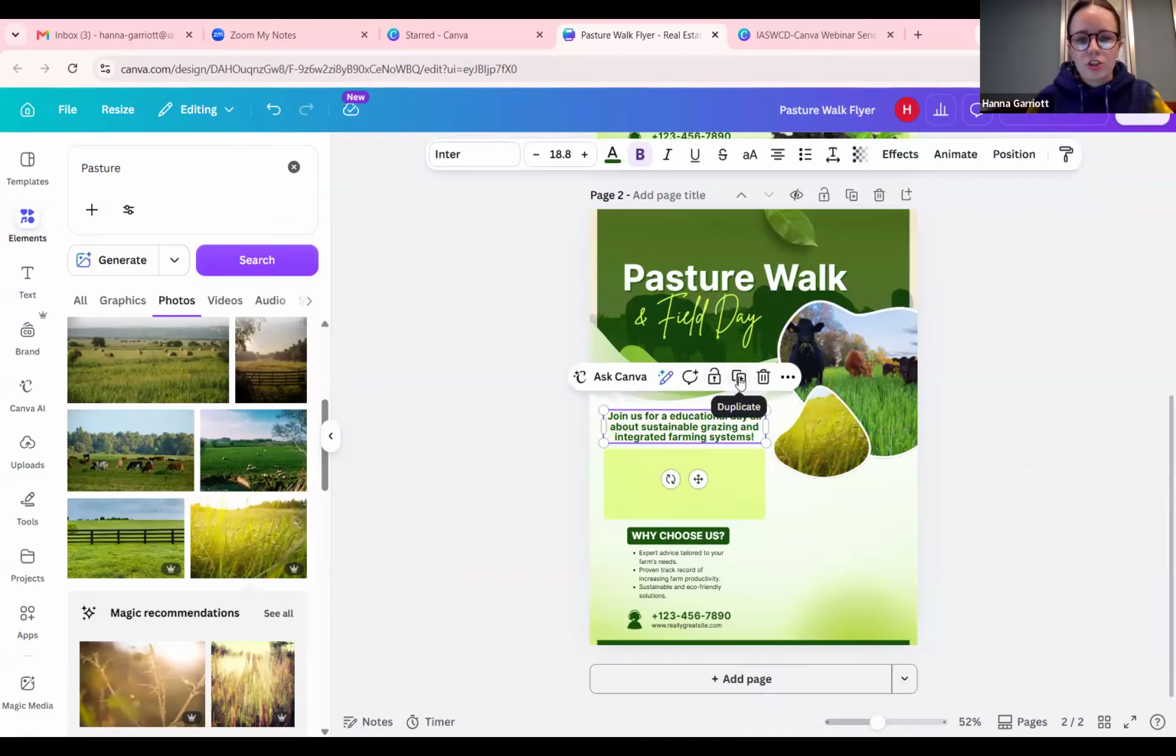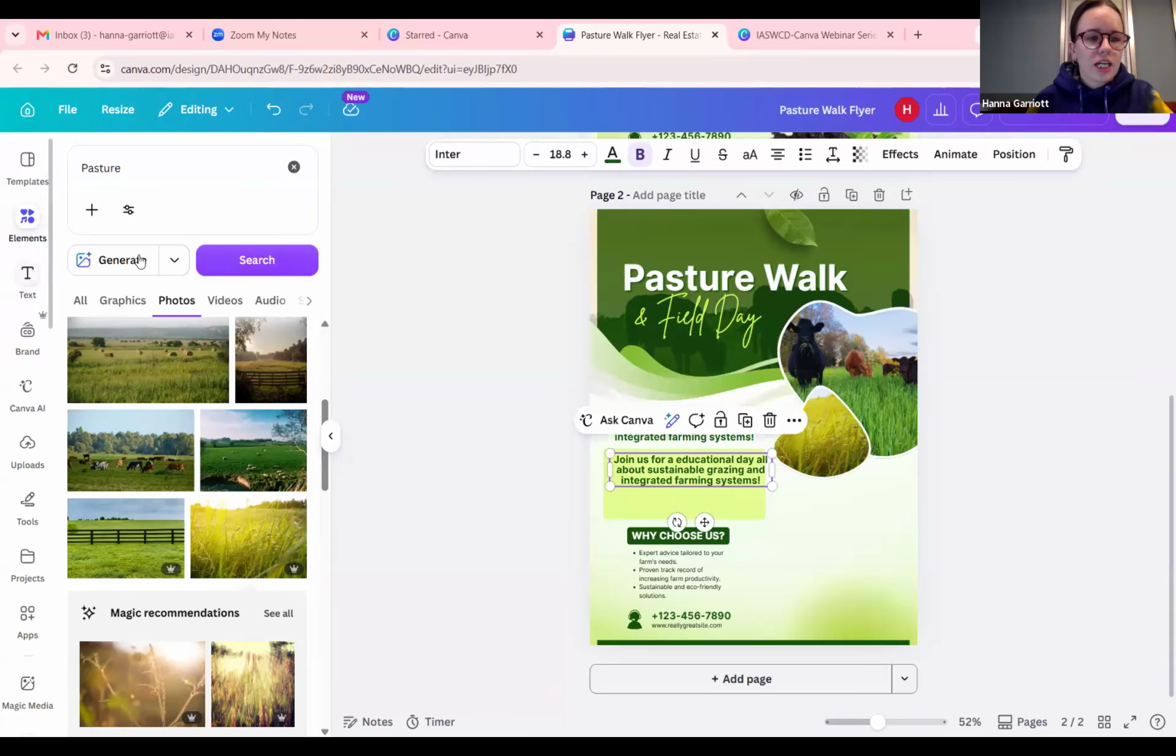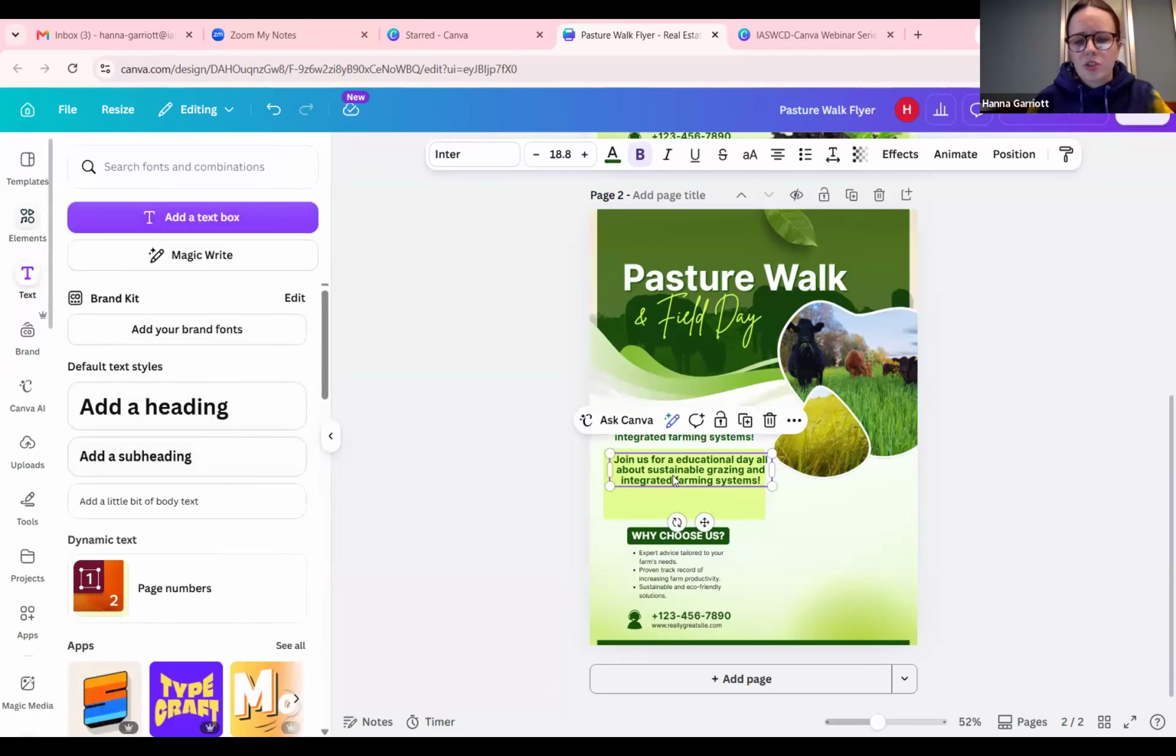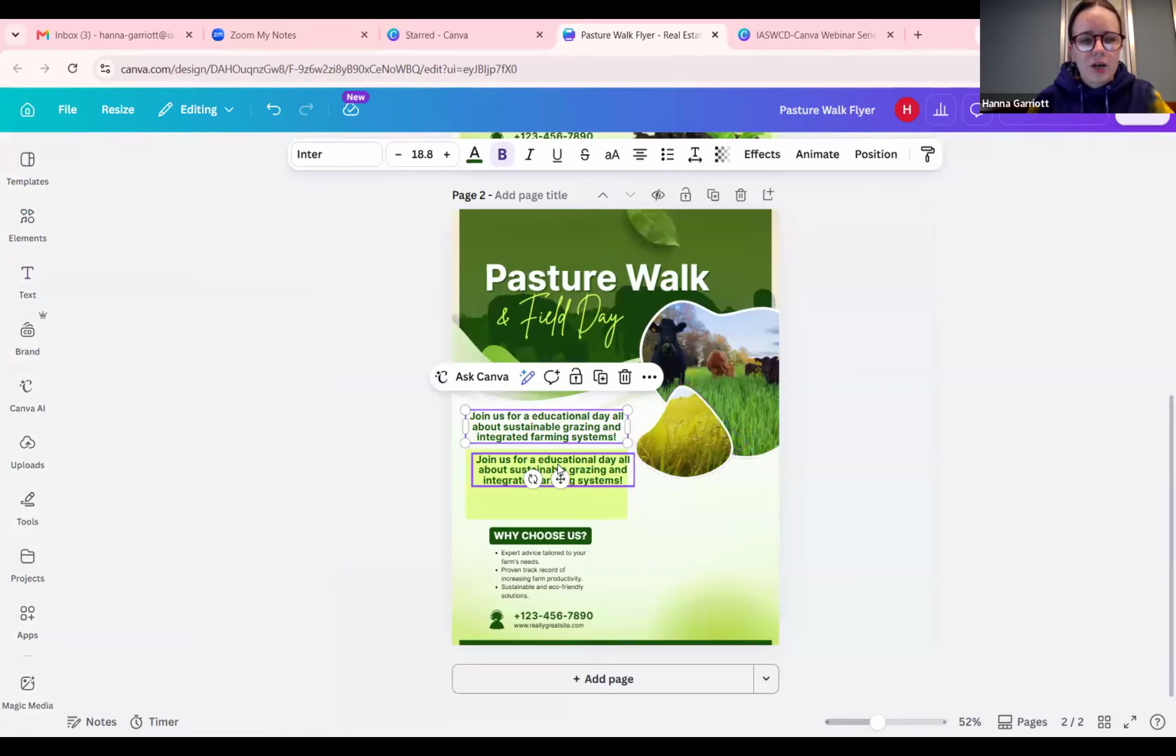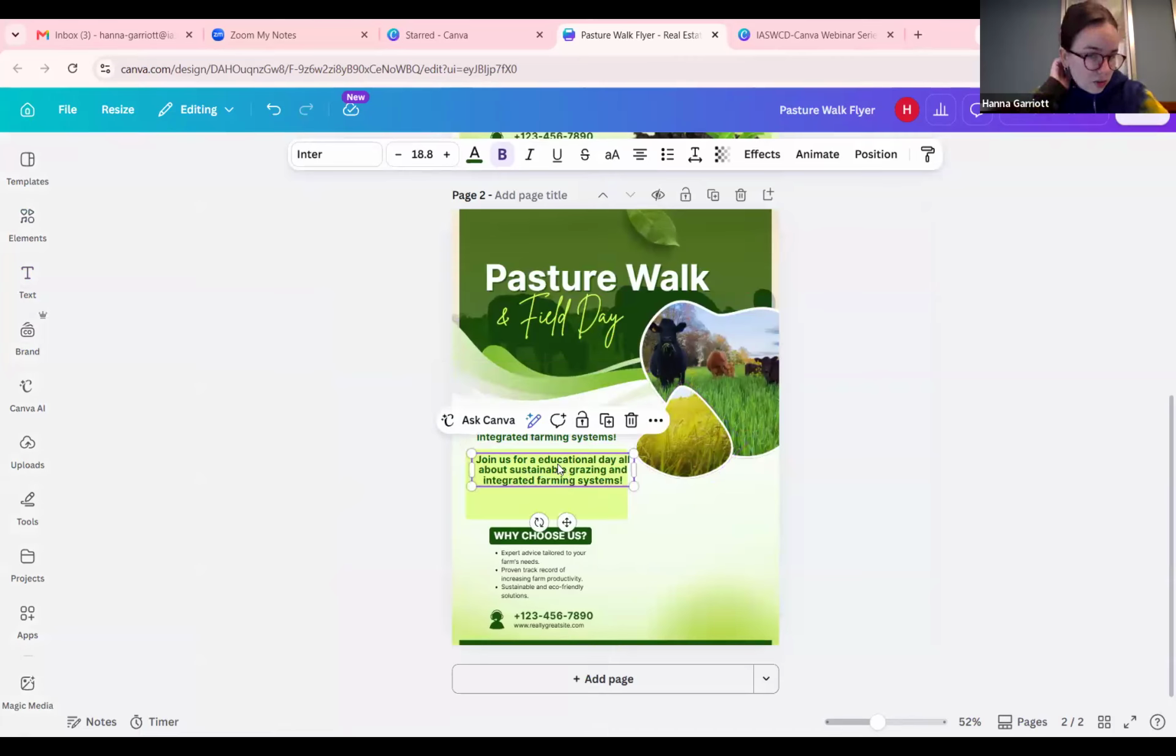So I'm going to duplicate this right here. Instead of going over here to the text and adding a text box, I'm just going to duplicate this. It's really handy dandy instead of having to move all around over here. And then that way I can just edit this text box as I need. And so I'm just going to put today's date as our